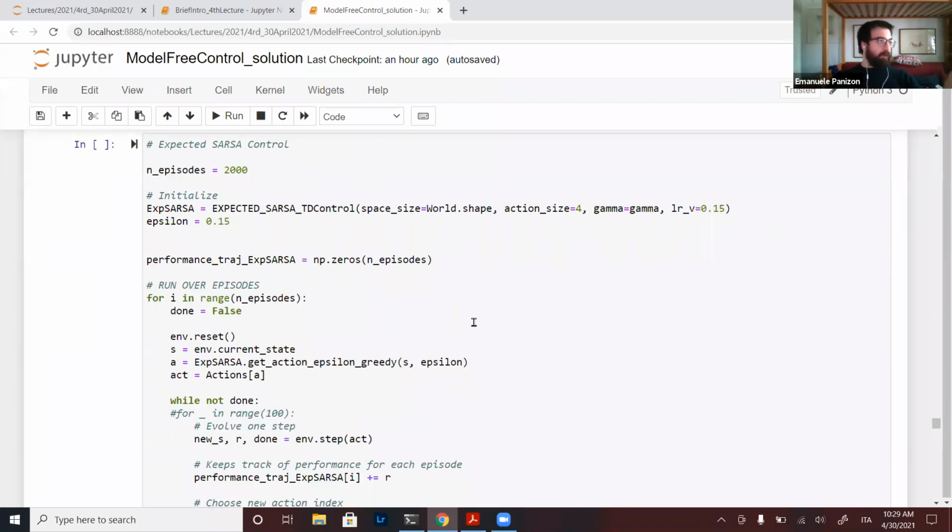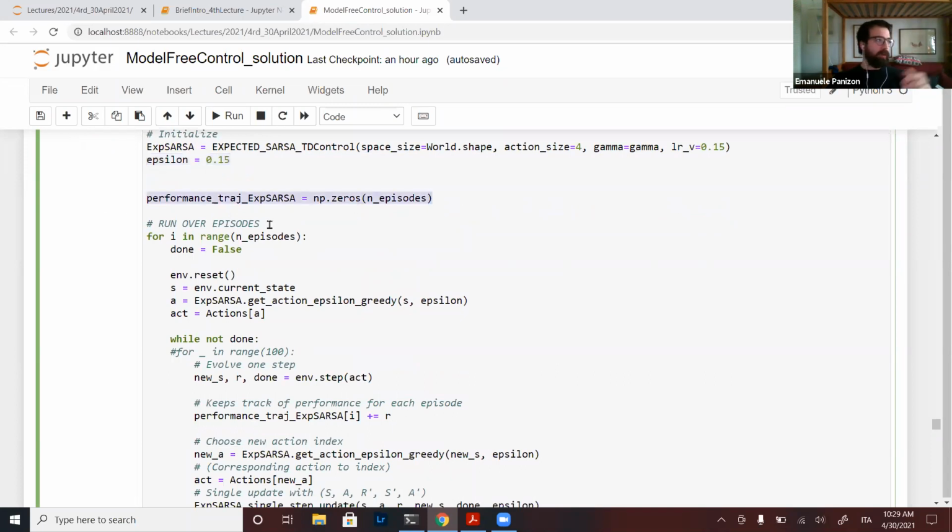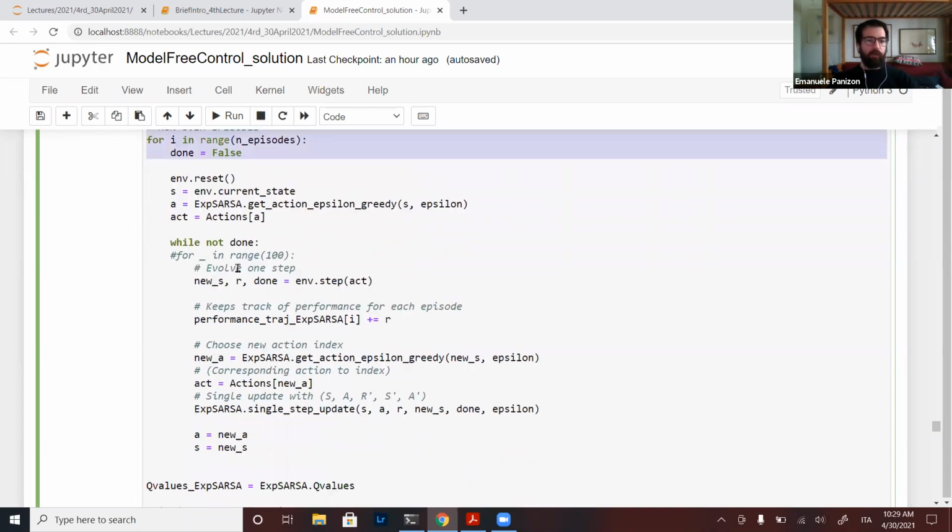How do they perform against each other? In this particular case, not that differently, I apologize. But so we have an expected SARSA control. I'm doing 2000 episodes. I'm creating this class. I'm taking the epsilon as before. I'm taking note of the performance. I'm doing the run of the raw episode.